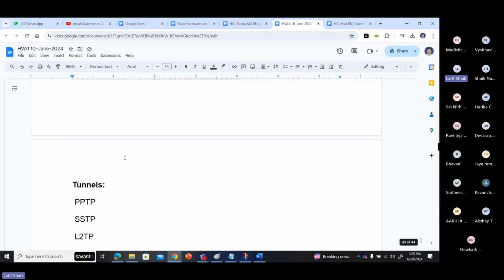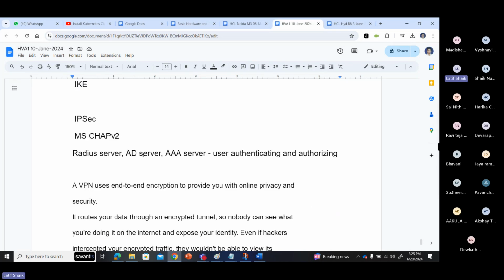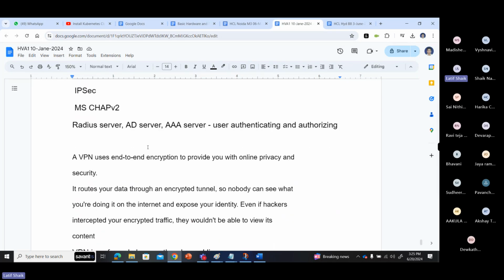Where a dedicated connection cannot be put, you will choose VPN there. Data is encrypted, secured.